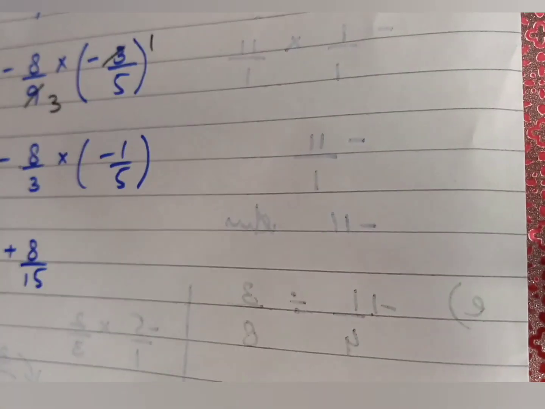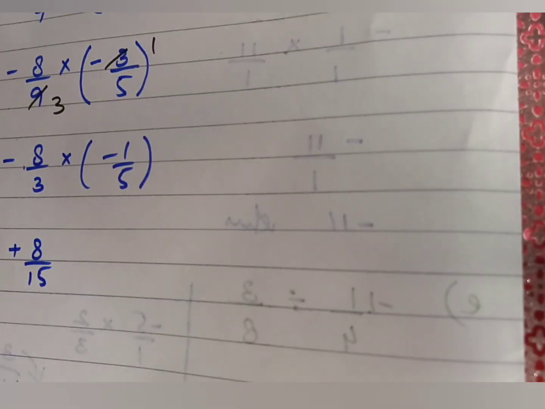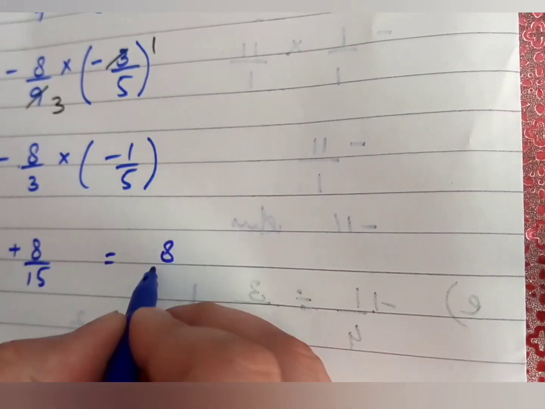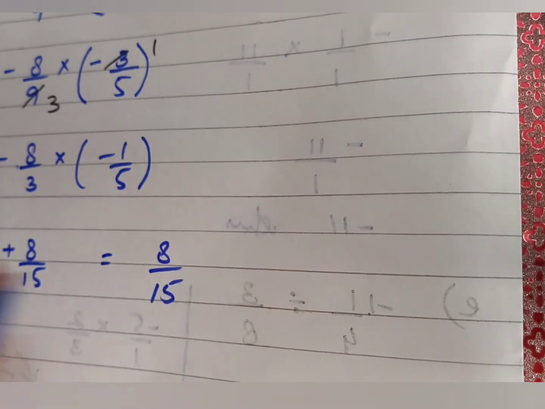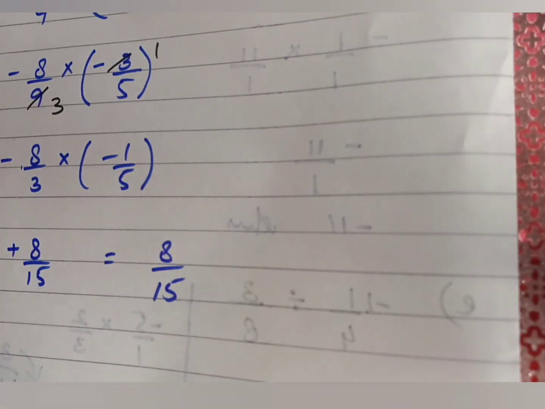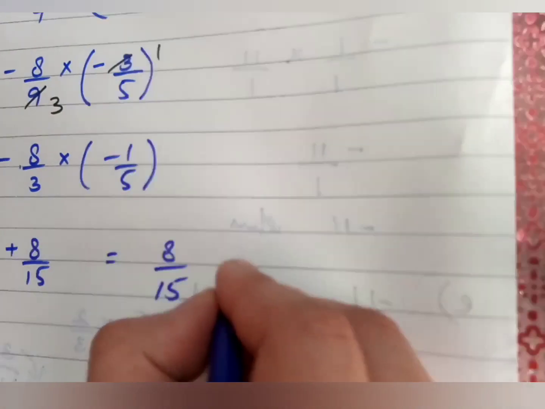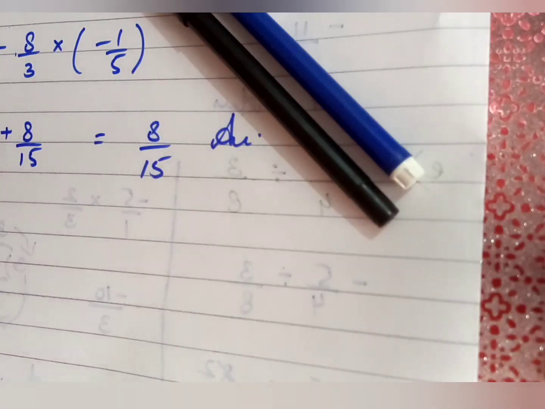As it is a proper fraction, because we have a smaller term in the numerator, there is no need to simplify more. Just write down 8 by 15. Whether you want to write the plus sign or not, that is fine. And mostly we don't put the plus sign with the terms. So that is your part F.